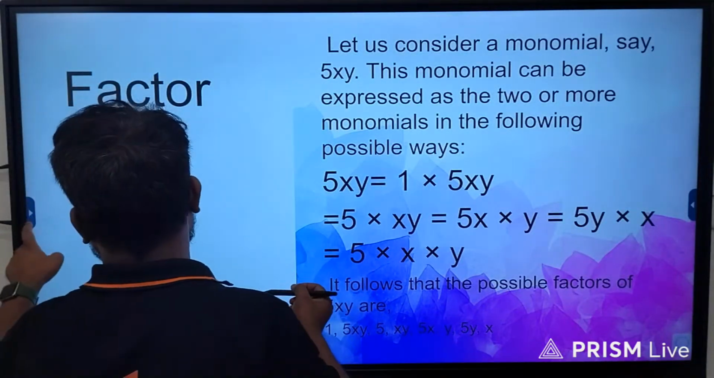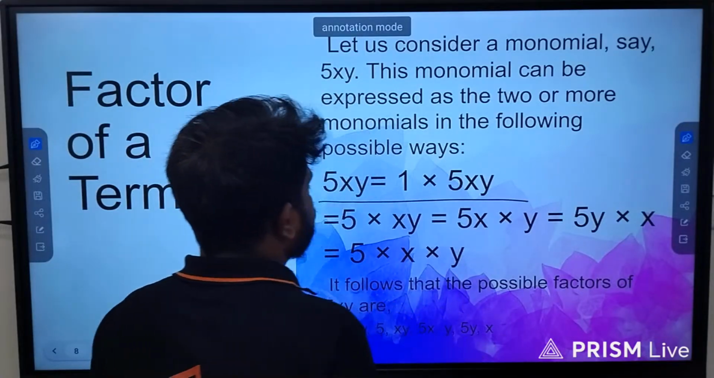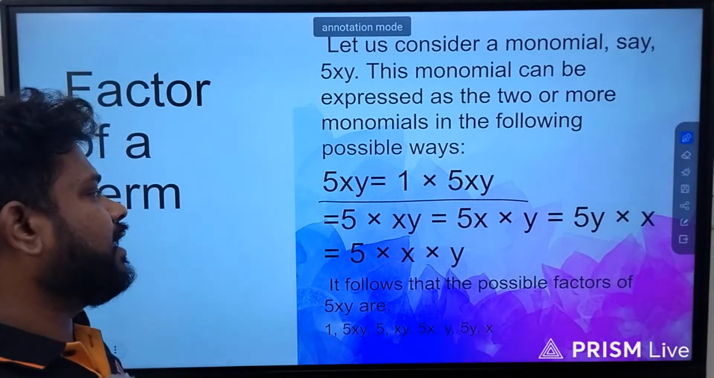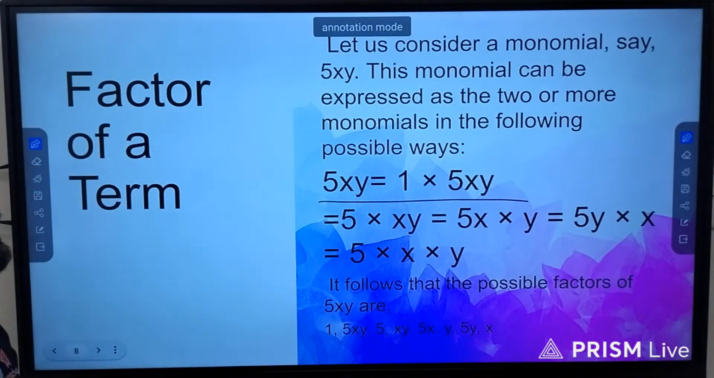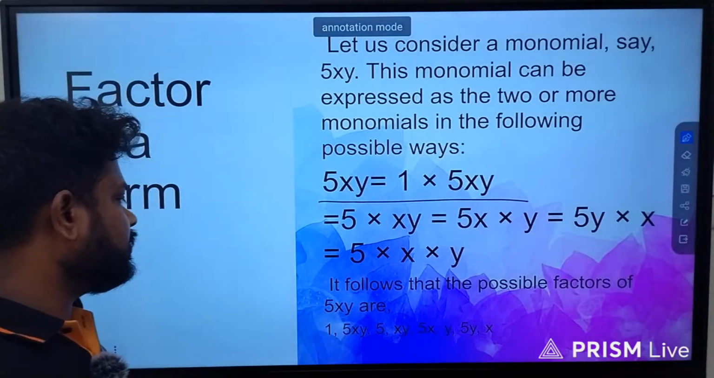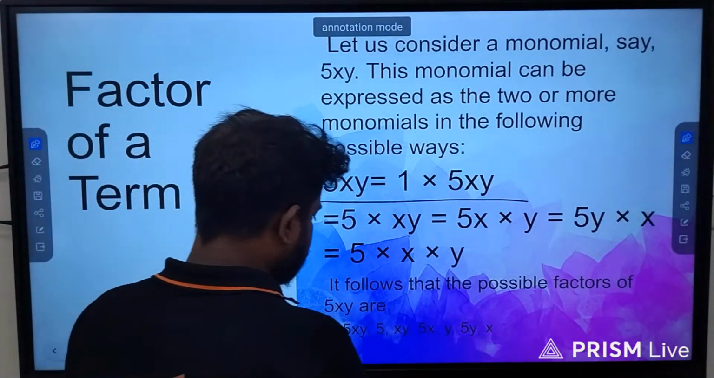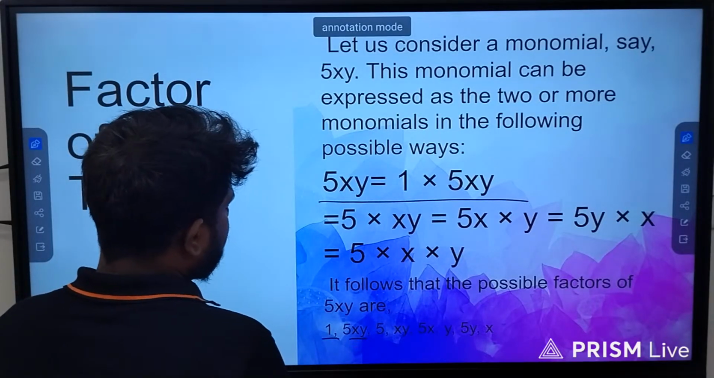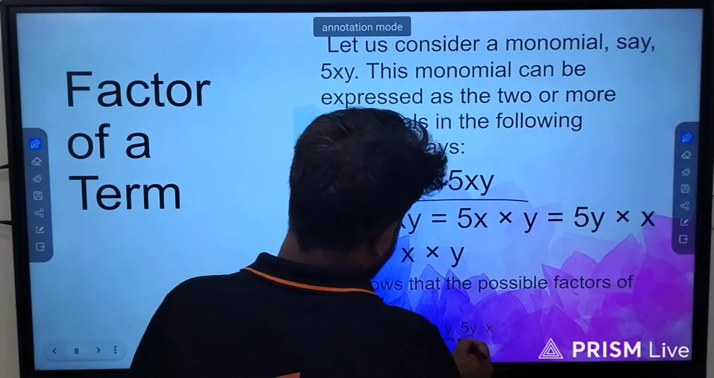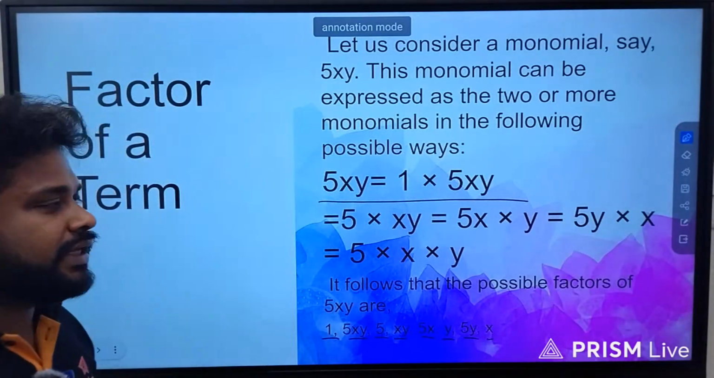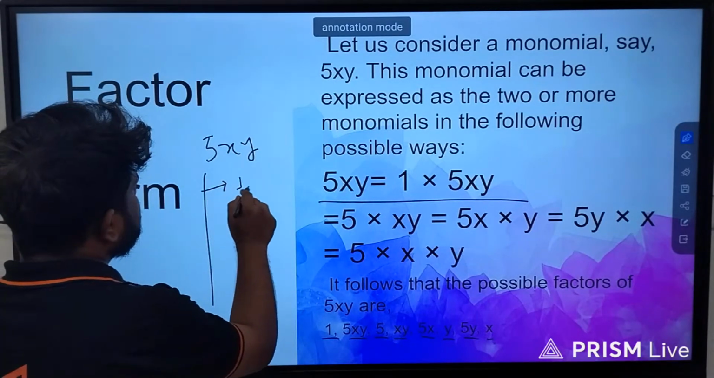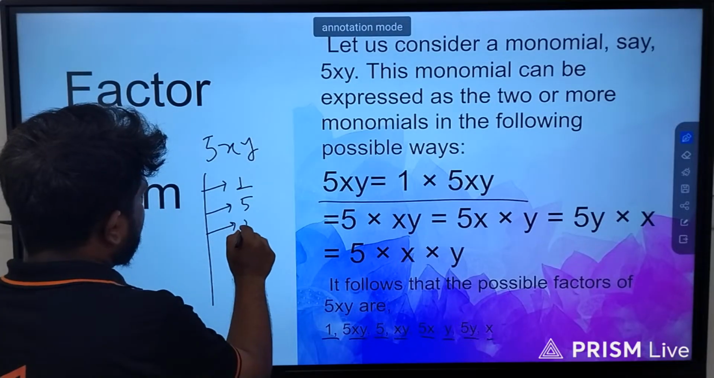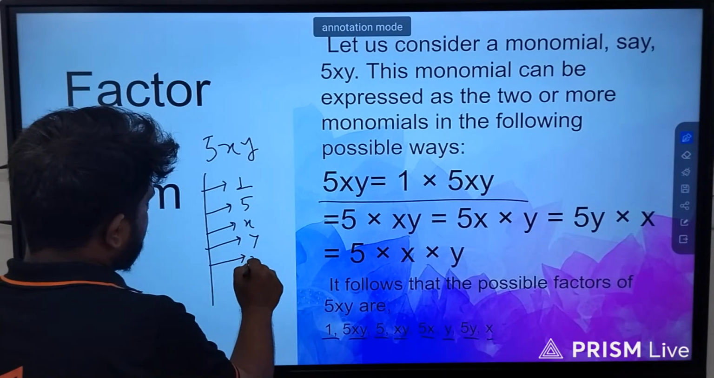Like 5xy can be expressed as 1 into 5xy, 5 into xy, 5x into y, or 5y into x. So there are 3 possible ways in which we can express this monomial. It follows that the possible factors of 5xy will be 1, 5xy, 5x, y, 5y, x. If we break down 5xy, we will get all of these factors: 1, 5, x, y, xy,